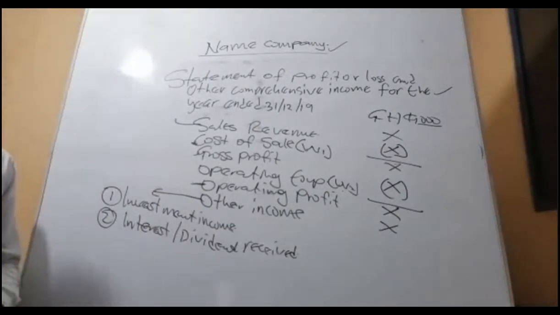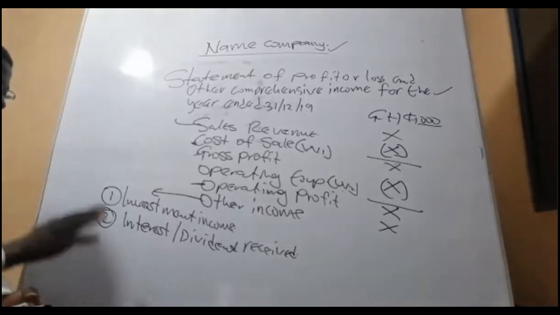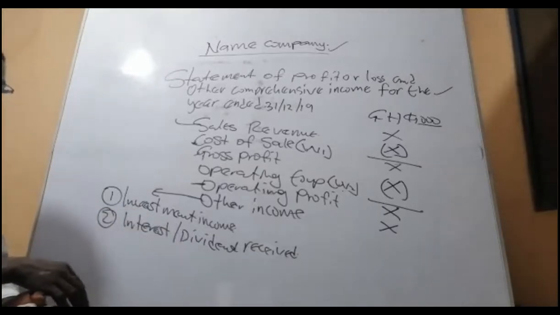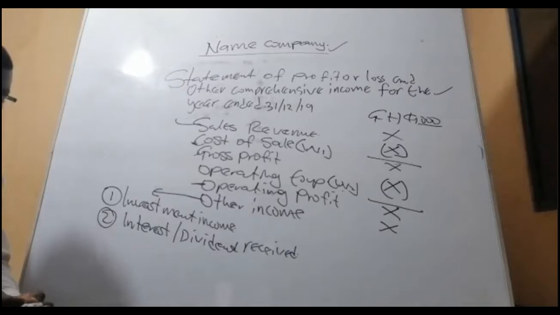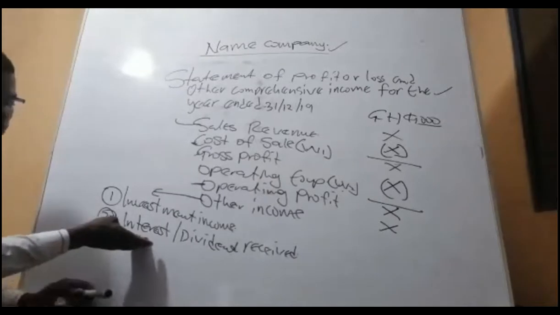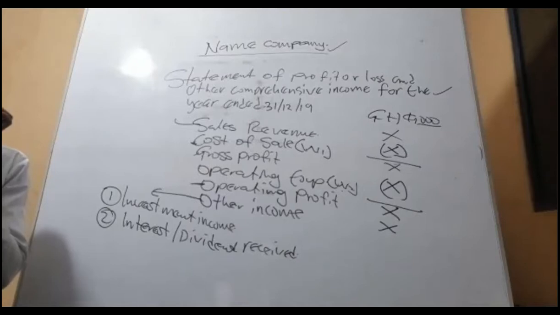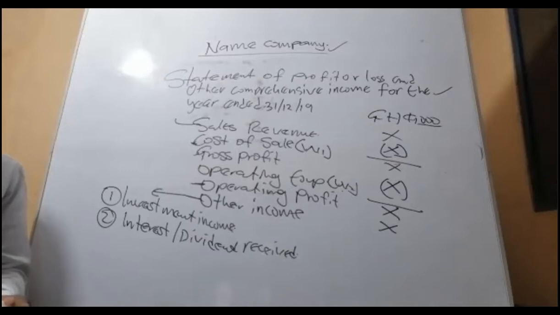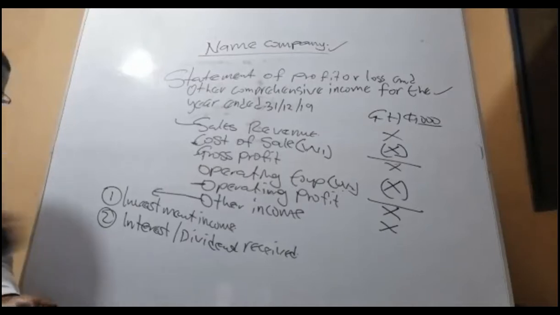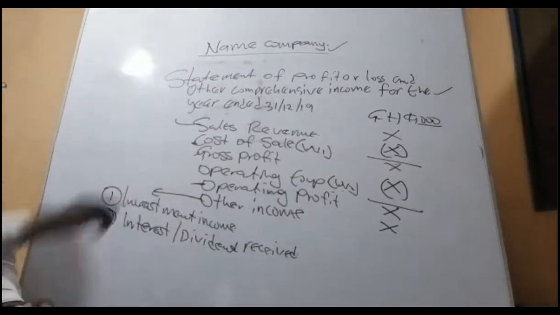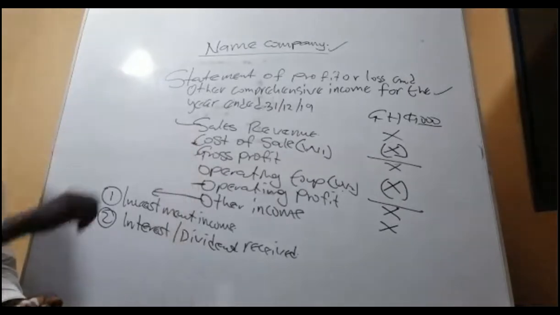How do we get it? Good. Examples of other income include investment income. Anytime you take advantage of fixed deposits or treasury bills and earn interest on it, or you give out a facility or loan. Meanwhile, you are not a savings and loan company, but you've advanced some money to a sister company and you are charging interest, so they pay the interest. Good. It must be added to your other income. That is not your source of revenue, because you don't sell interest, you don't buy interest.